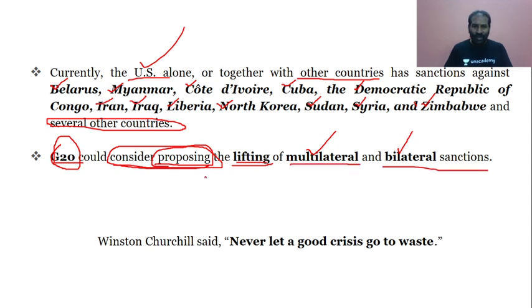So it is imperative that we focus not just on multilateral and bilateral sanctions proposed by the G20, but as a civil servant aspirant you have to focus on how we need to think about unilateral sanctions by America or the UN sanctions at this juncture, which would impact negatively on the poor and developing countries. This analytical thinking from my course will definitely make you better equipped, fully loaded with information for prelims and mains.